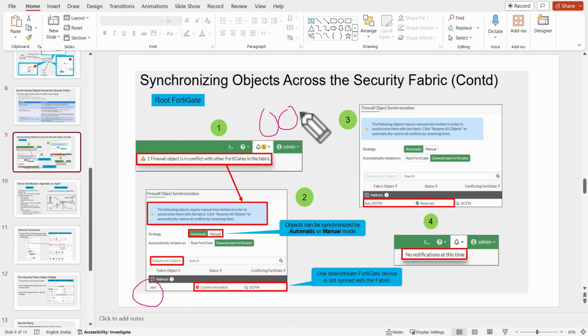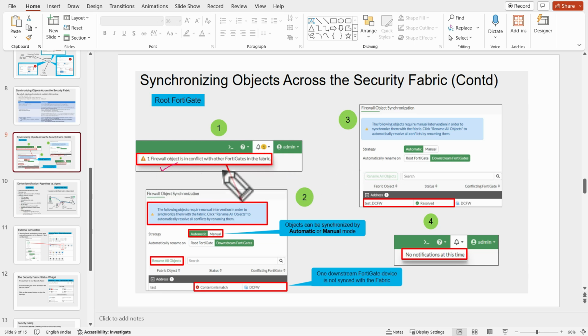On the two FortiGates you have the same object name called test. So after this configuration, with this object present on two FortiGate firewalls, we can see this conflict message.